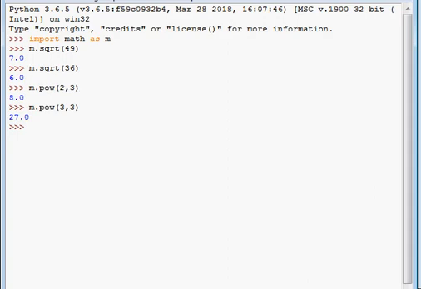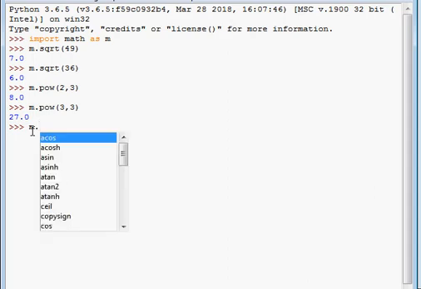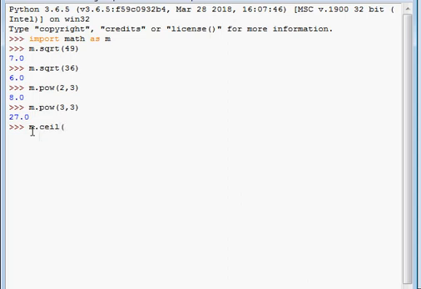So our next function is the ceil function. The ceil function will return the smallest integer that is greater than or equal to x. Means if I say here 3.4, it is working like a round off function. Means what does it give? It is giving 4. Means it is returning the smallest integer that is greater than or equal to the given value.